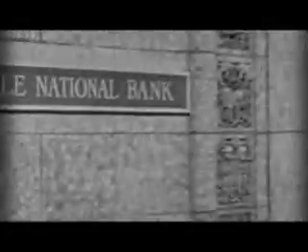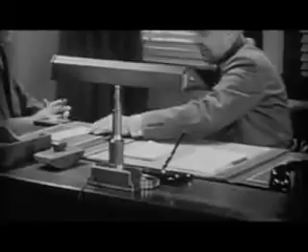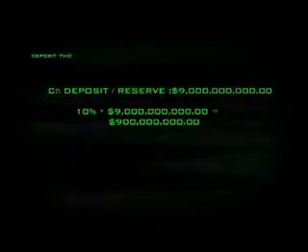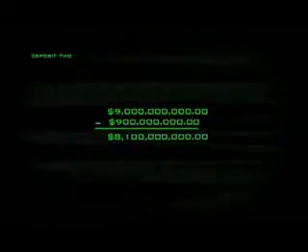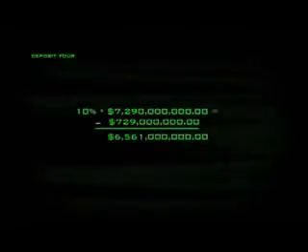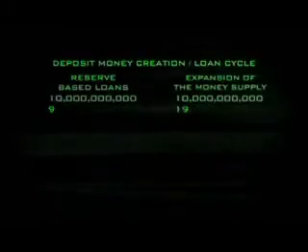Now, let's assume that somebody walks into this bank and borrows the newly available $9 billion. They will then most likely take that money and deposit it into their own bank account. The process then repeats, for that deposit becomes part of the bank's reserves. 10% is isolated, and in turn 90% of the $9 billion, or $8.1 billion, is now available as newly created money for more loans. And, of course, that $8.1 billion can be loaned out and redeposited, creating an additional $7.2 billion, then $6.5 billion, then $5.9 billion, etc. This deposit, money creation, loan cycle can technically go on to infinity.